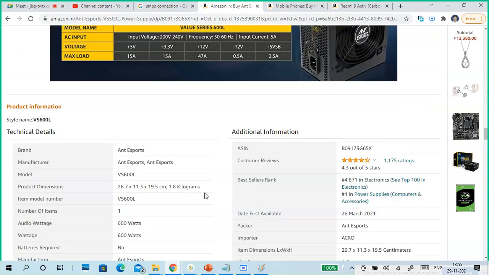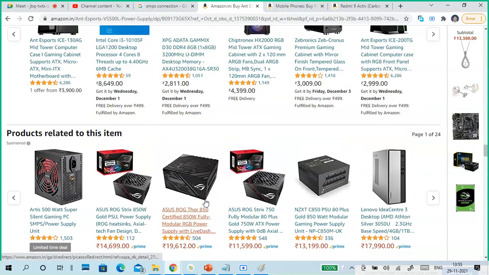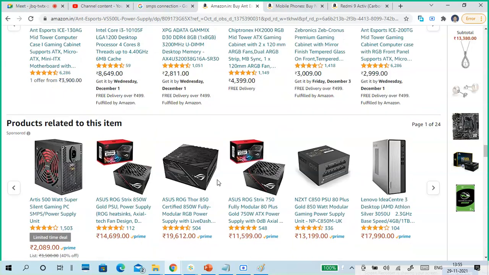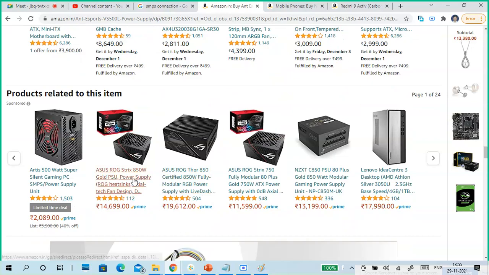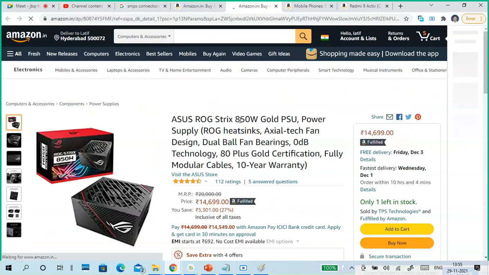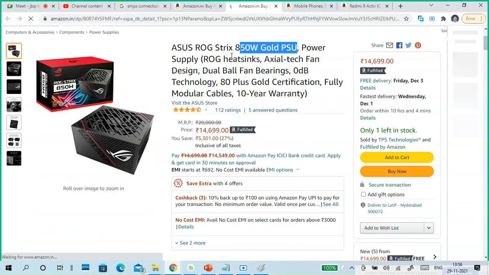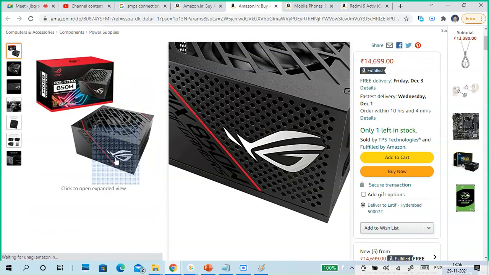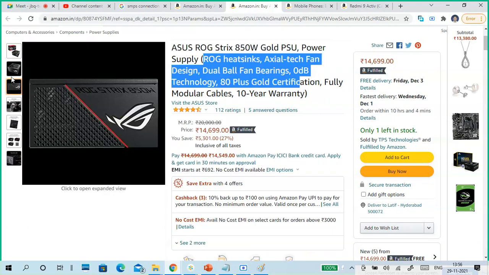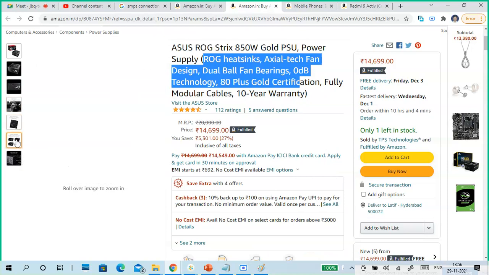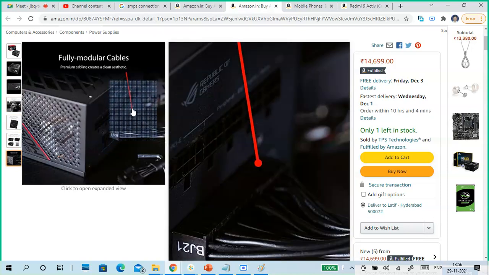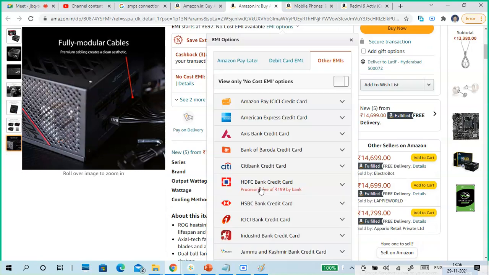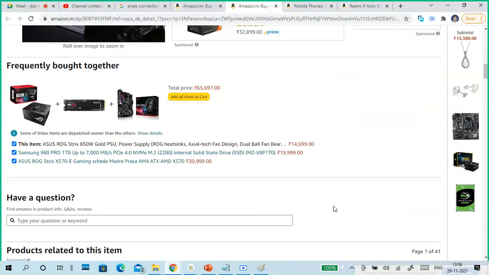650, 800, 1 kilo, that kind of thing is also available. See, SMPS itself, 840, 850 watts gold, something like that is the name given. It is for gaming PC purpose only. See how the design looks. You don't need to buy anything, just go and look. There are different models, you will get some idea. You don't need to go very big.